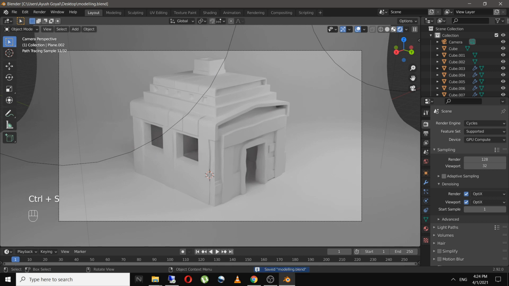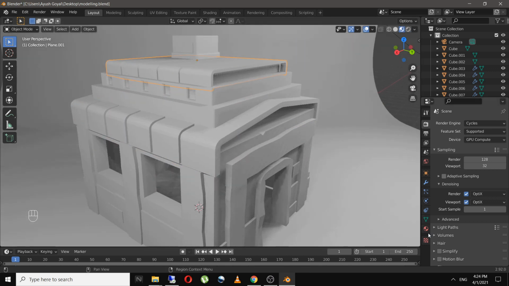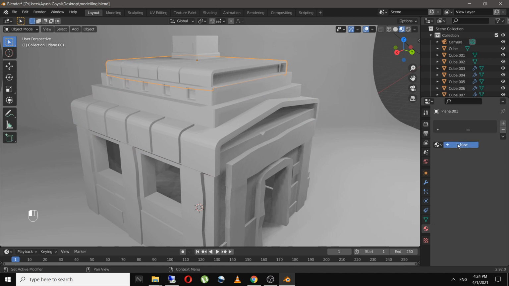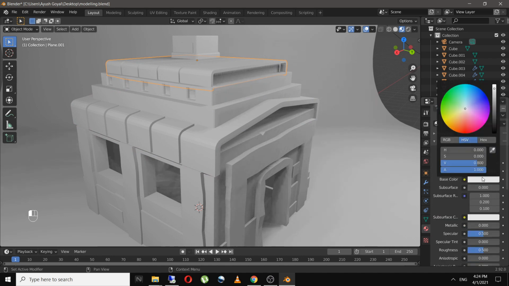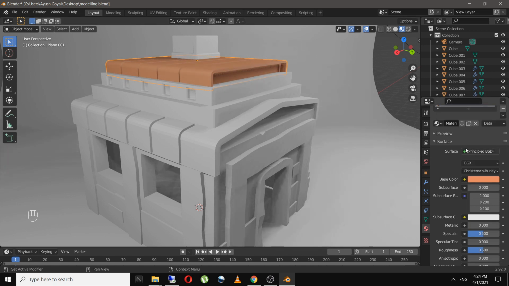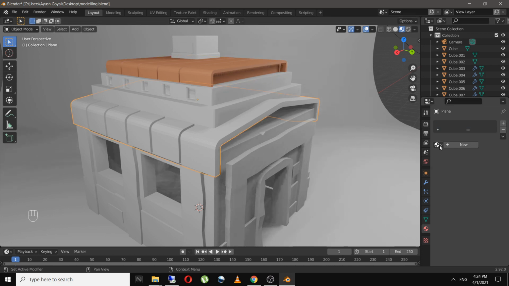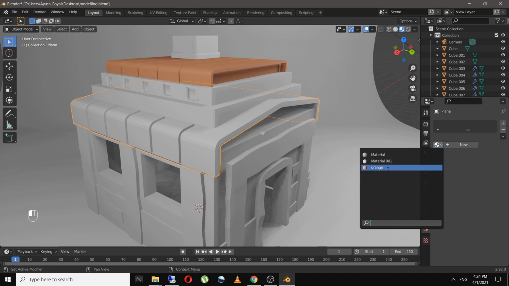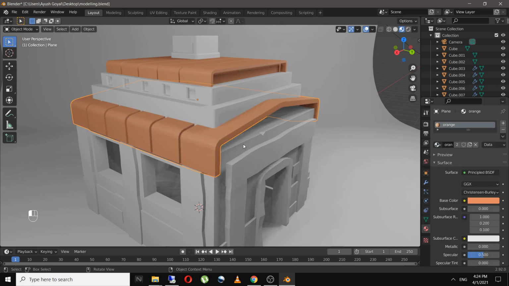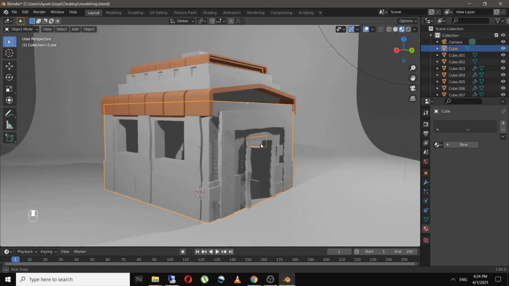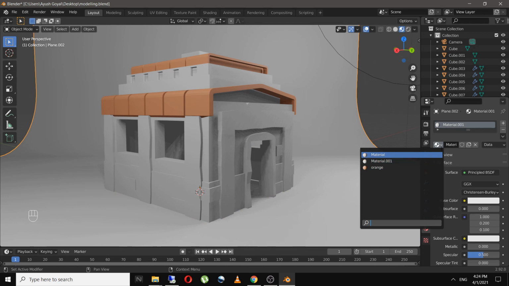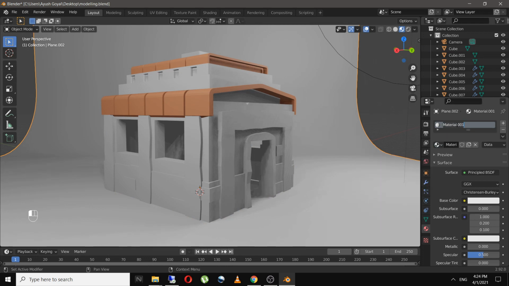So I will select this thing and go to materials and click on new, and I will give the base color something like orange, and I'll rename this material to orange. And for this plane also I will give the same material orange, so click over here, something like this. And similarly I will apply the materials to all the other models, so I'll just skip ahead.